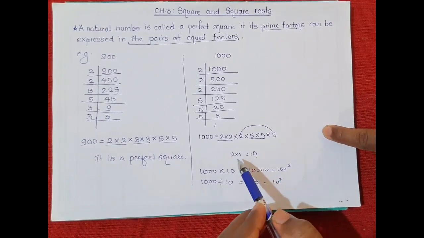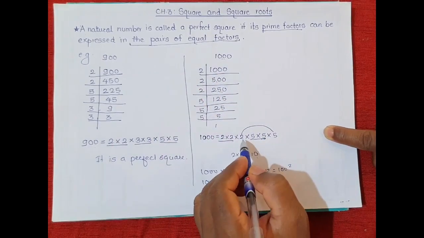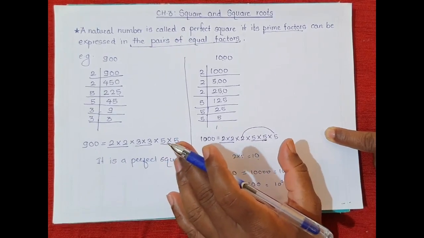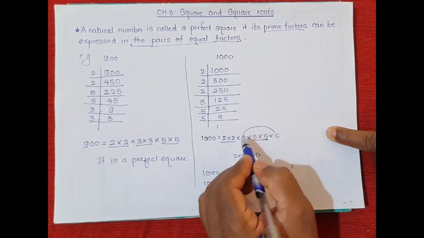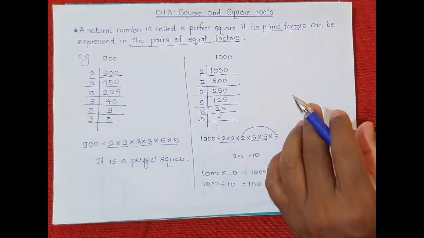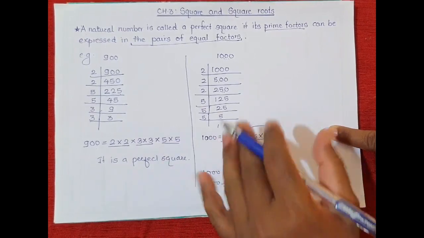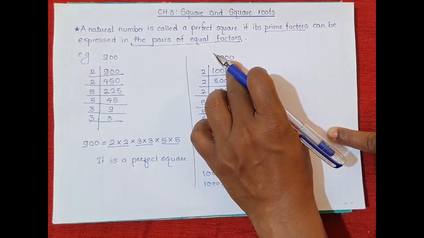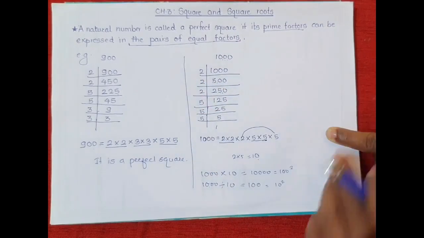So that means, when we check whether the given number is a perfect square and it is not, then the factors which are unpaired or which cannot be paired, if you multiply or divide the given number by those unpaired factors, we get a perfect square. Understood? So this is going to be useful for you to find the smallest number by which we can multiply the given number to get a perfect square, or the smallest number by which we can divide the given number to get a perfect square.